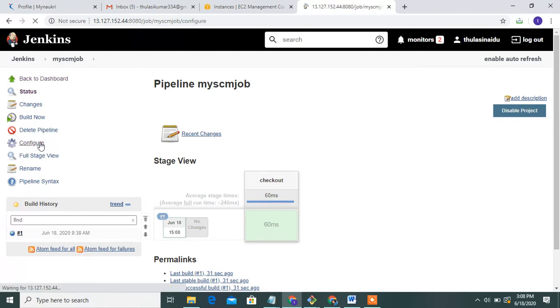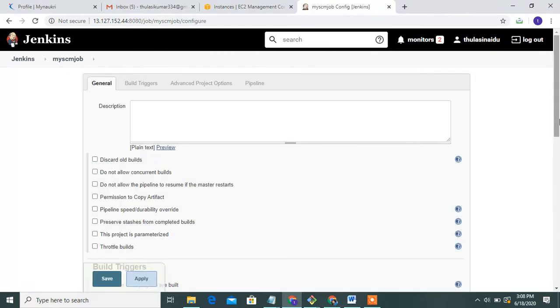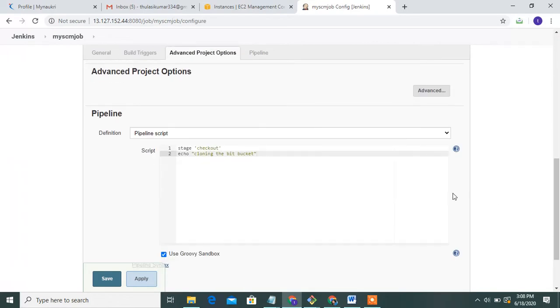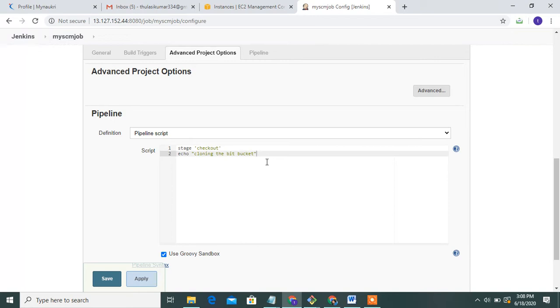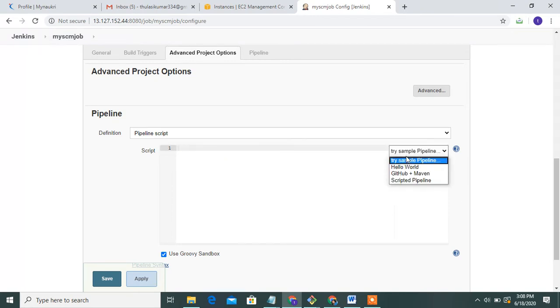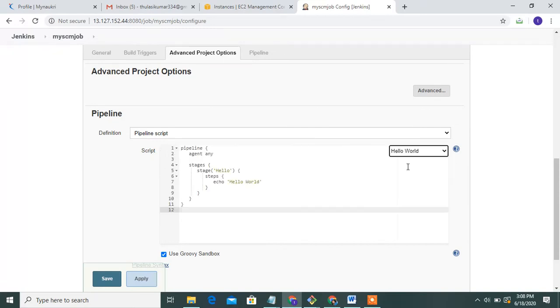I will show how to generate the script. Try a simple hello world. This is a pipeline script. Agent any runs anywhere, and stages. Under stages, using the stage hello, and under stages using steps, hello world.